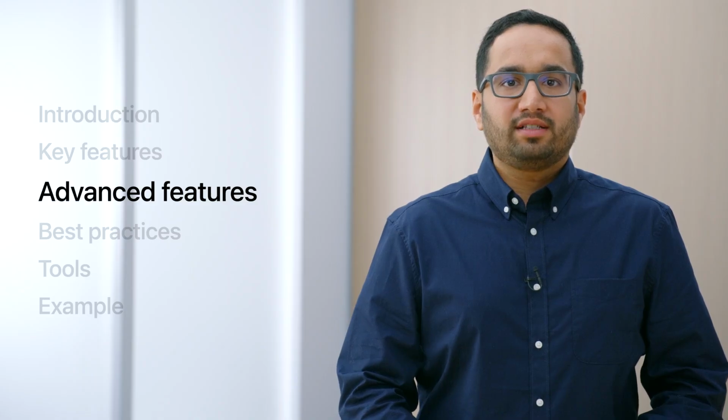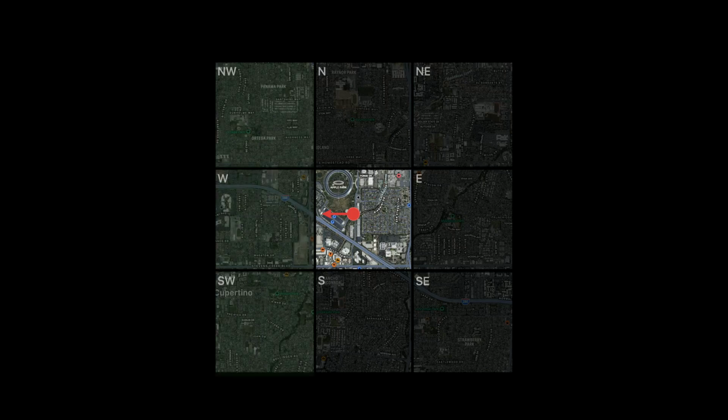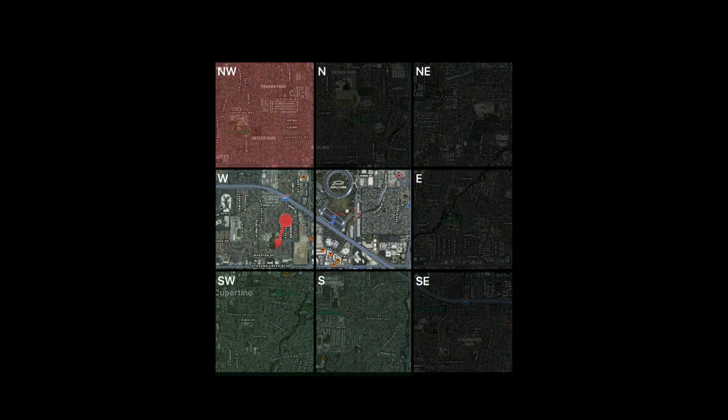Now I'll go over a few advanced features that you might find helpful. Here's a typical scenario where a game can't fit its entire map in memory, which is why it subdivides the map into regions. As the player progresses through the map, the game starts preloading regions of the map. Based on the player's direction, the game determines that the best regions to preload are the northwest, west, and southwest regions. However, once the player moves to the western region and starts heading south, preloading the northwestern region is no longer beneficial. To reduce the latency of future loads, Metal 3 allows you to attempt to cancel load operations.